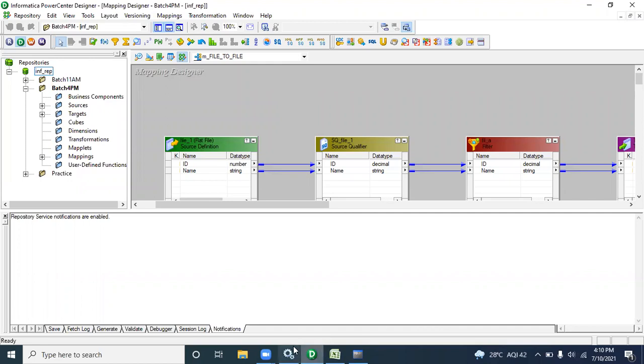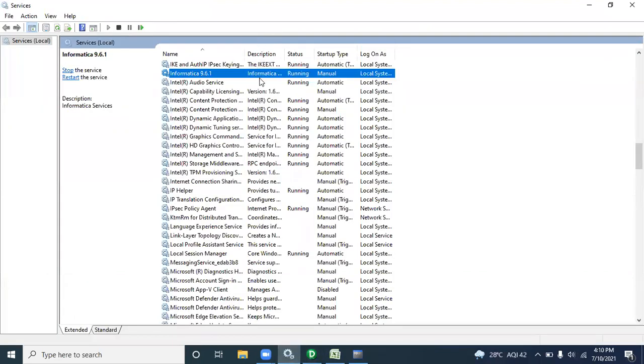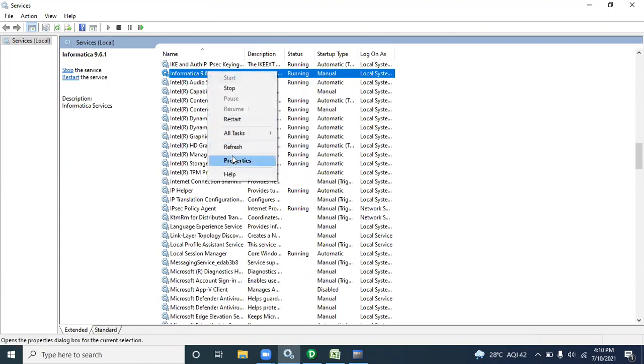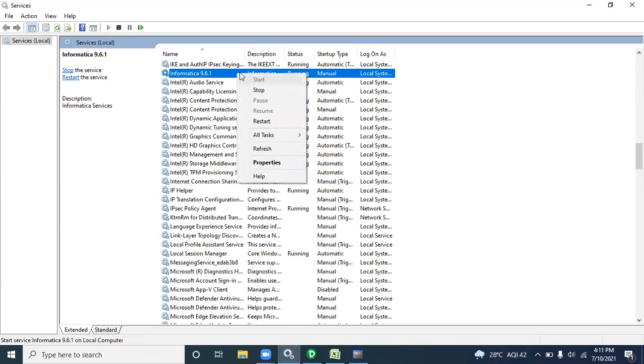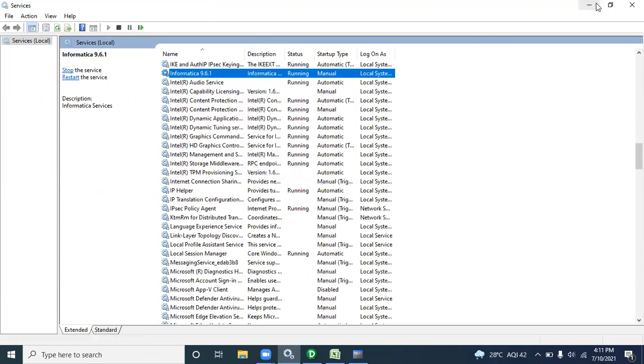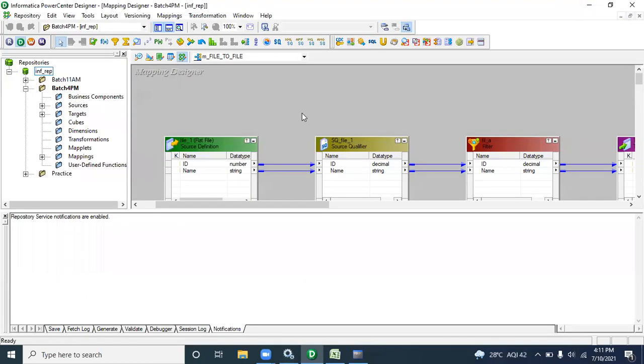First try to check the services. First try to check whether the Informatica services are running or not. Sometimes, maybe most of the time, they will automatically be off in your system. You can just right click and start, then wait two to three minutes, then it will go.